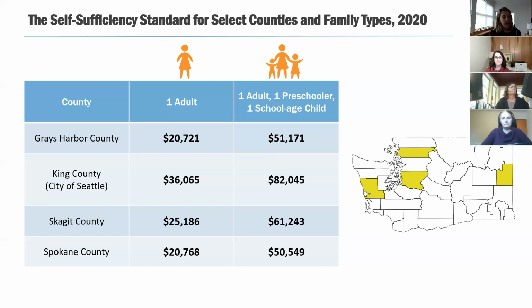which is coming in at about $36,000. And, you know, as Lisa mentioned, these are very basic needs budgets, not including things like dining out. So keeping that in mind, but also noticing that these costs are growing dramatically when you're growing your family. So when that adult now has a preschooler and school-age child, the costs are more than doubling in every example of every county that I've offered here. And that's partially due to now having childcare that they're having to deal with, and a larger housing unit, which increases expenses.